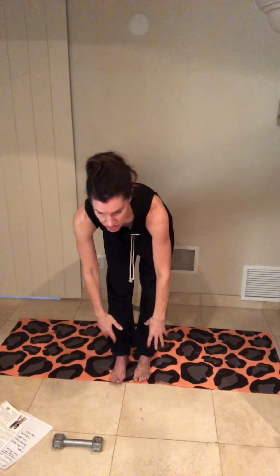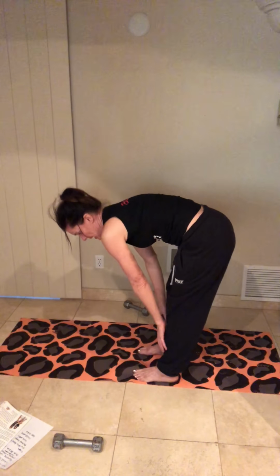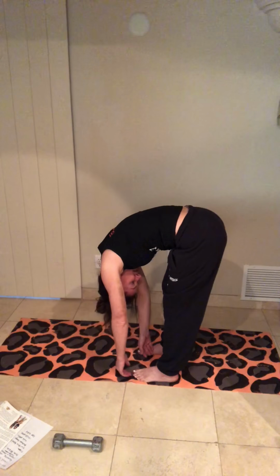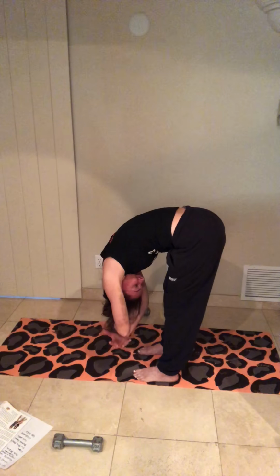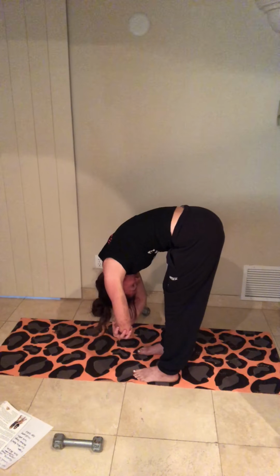And release. I always like to take it back to neutral before doing the other side, so I'm just going to do a forward fold. Just a slight bend in my knee, bending forward, hanging my head heavy, looking back towards my belly button, shaking my head yes and no,